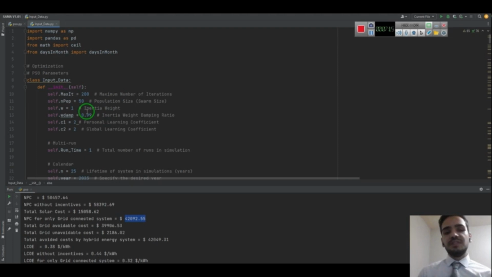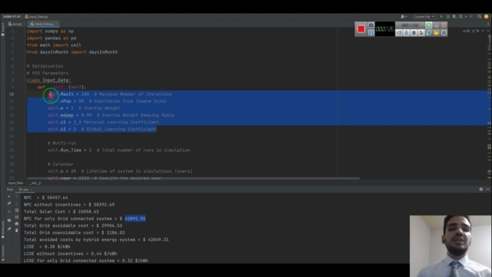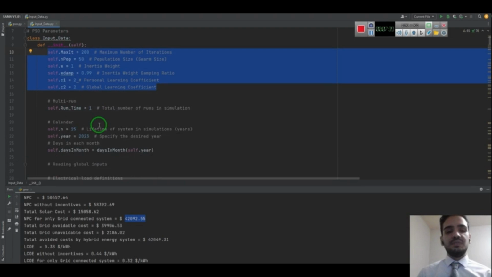As you know, the optimization algorithm for SAMA is a metaheuristic algorithm, and through investigation, we noticed that these are the best values for the optimization. So if you are not researching that optimization, you can use these typical values and go further to the next inputs.